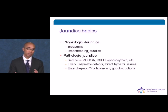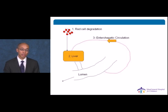One of the corollaries to that is breast milk jaundice, which we typically see at about 2 weeks of age, which we believe to be some kind of enzyme within the breast milk which increases the enterohepatic circulation. Now, if you can go back to the same diagram and see that there is a way to establish pathologic